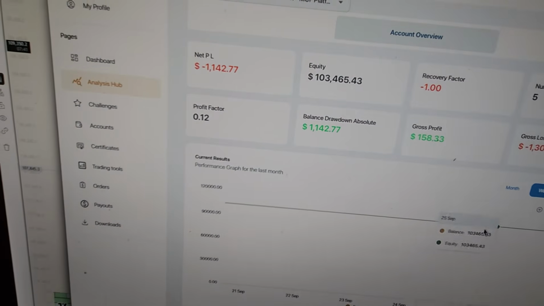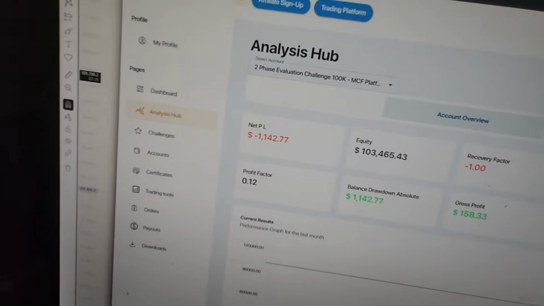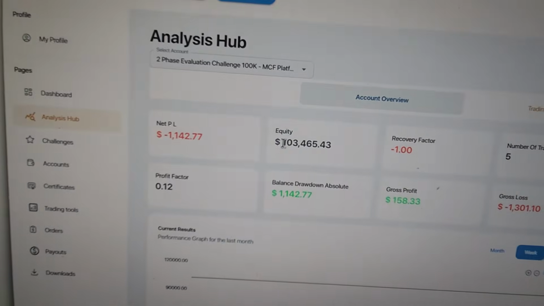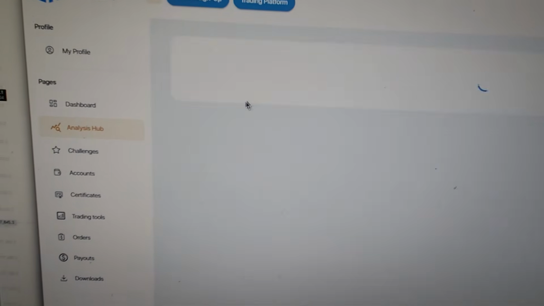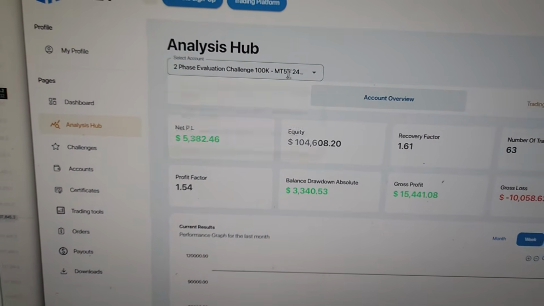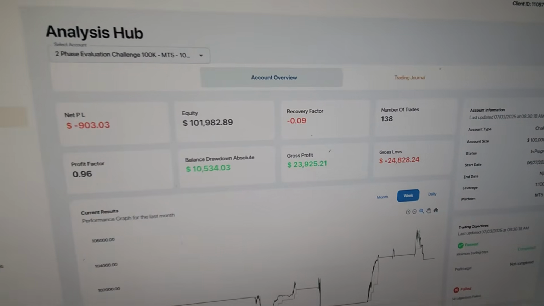Not my fault. This one was also, if you know about my crypto fund, you know about these issues. Also this, I didn't fill the account. You can see, where's the equity? Equity is 103,000. Same thing with this one that shows failed. I didn't actually fill the account. And again, it's not that I have a problem with the prop firm. It's just so you can understand the discrepancy in the data.